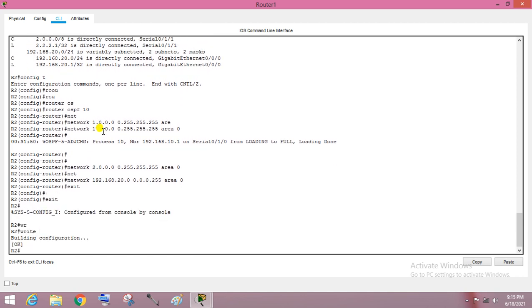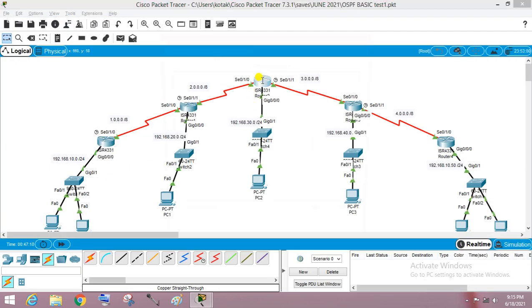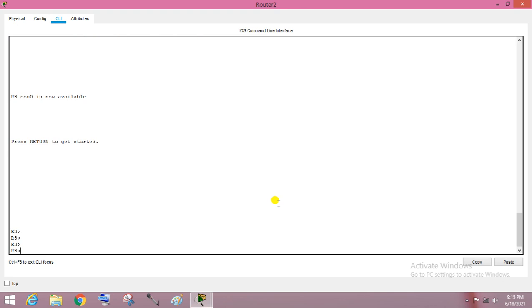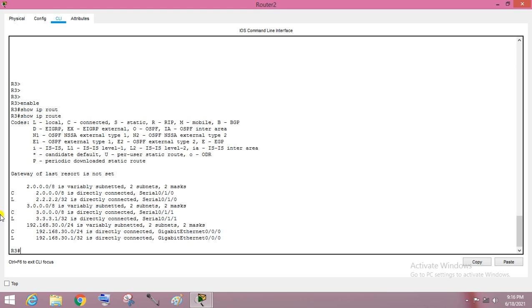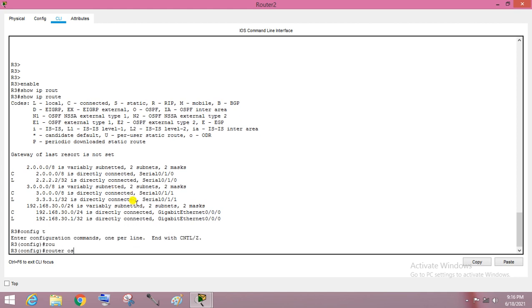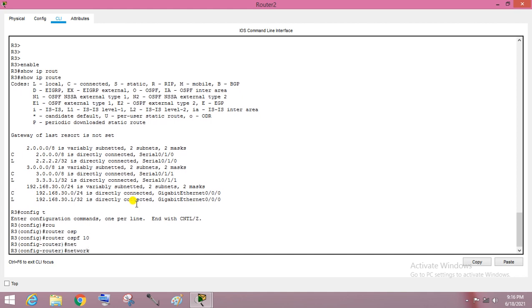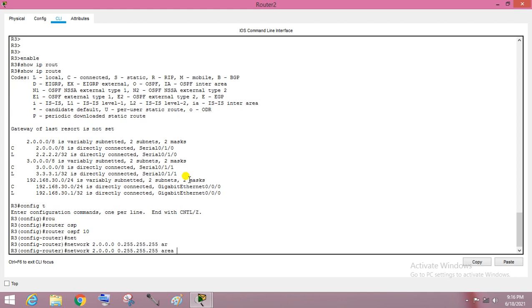Write it. Now go to router number 3. Now enter the shortcut command show ip route. These are the connected networks: 2, 3 and this one. Go to config t, router ospf 10, network. The class A network is 2.0.0.0, whose subnet mask is 255.0.0.0, so the wildcard mask will be 0.255.255.255, in area 0.